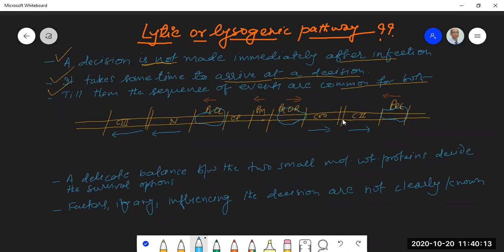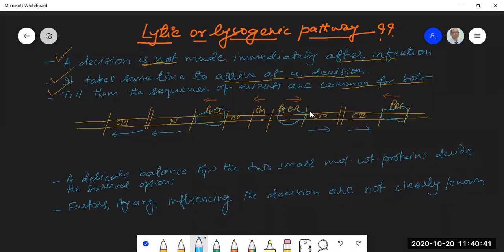Moreover, in lysogeny, the phage DNA integrates with the host DNA by site-specific recombination. So there are recombination genes on this side, and those also need to be expressed. Even if it has to go for lysogeny, those recombination genes, seven of them here on this side, need to be expressed. So they will be expressed, and then this promoter will be identified and RNA polymerase will move in this direction.